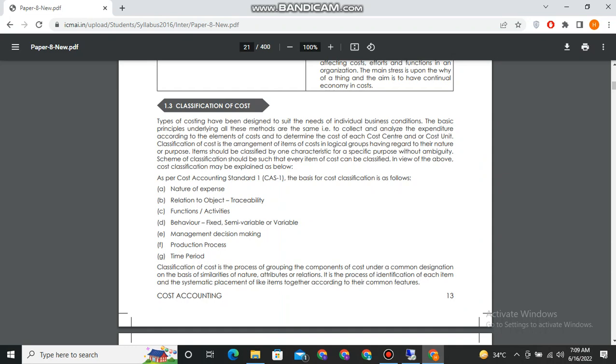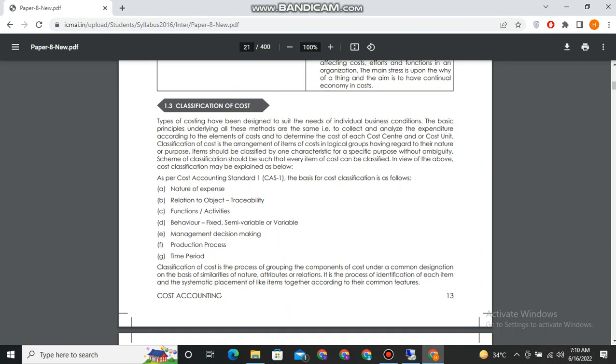Items should be classified by one characteristic for the specific purpose without ambiguity. The scheme of classification should be such that every item of cost can be classified in view of the above cost classification as per Cost Accounting Standard 1. The basic basis of cost classification is